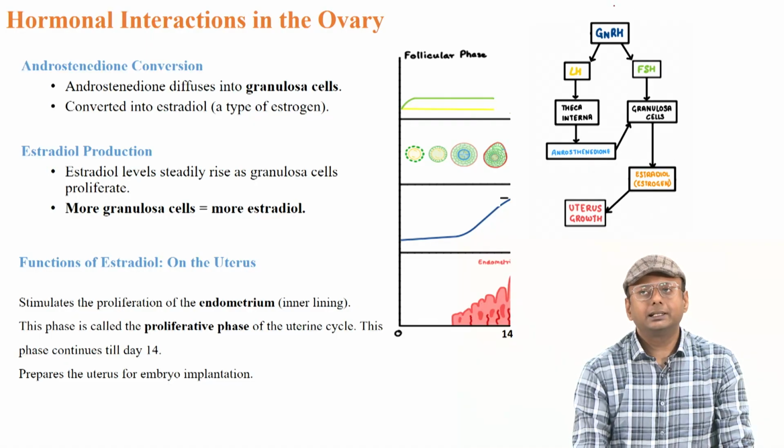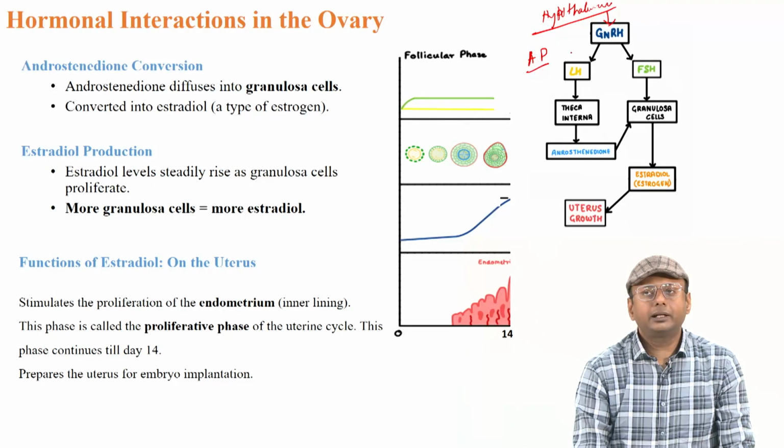So what we just said, initially from the hypothalamus, it secretes the gonadotropin releasing hormone, and once the gonadotropin releasing hormone is secreted, this hormone stimulates the anterior pituitary. So it stimulates the anterior side of the pituitary, right, and by stimulating it, it secretes two different hormones. One is the luteinizing hormone, and the second is the follicle stimulating hormone.